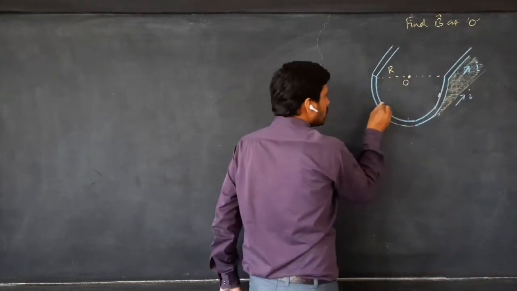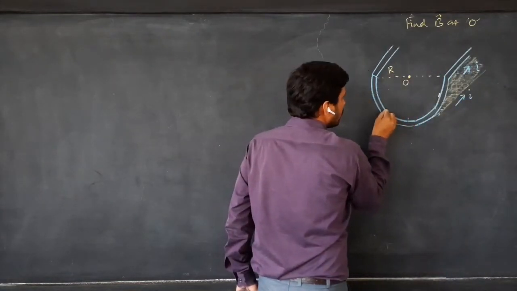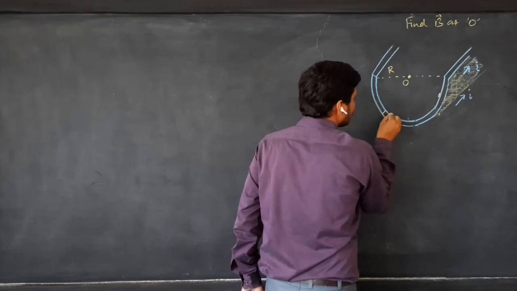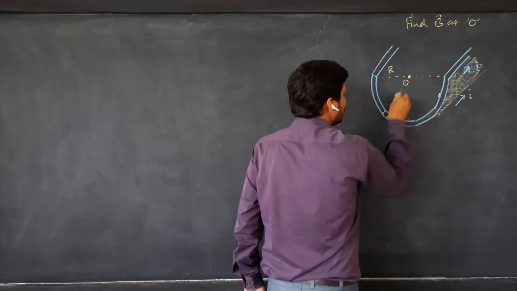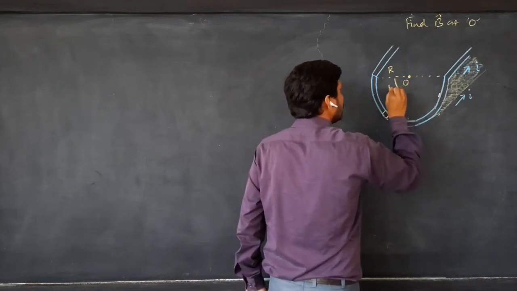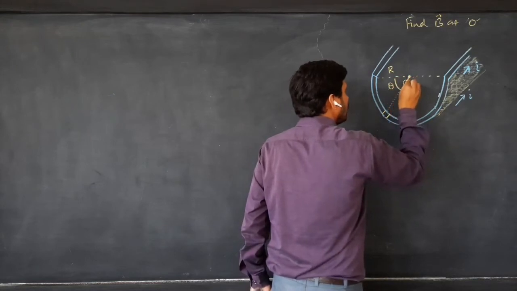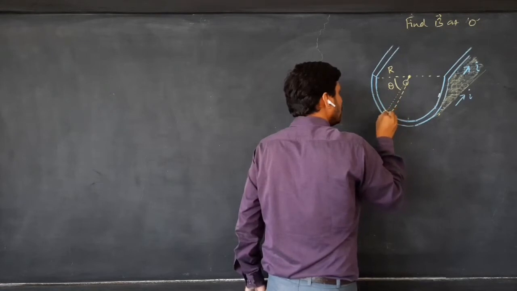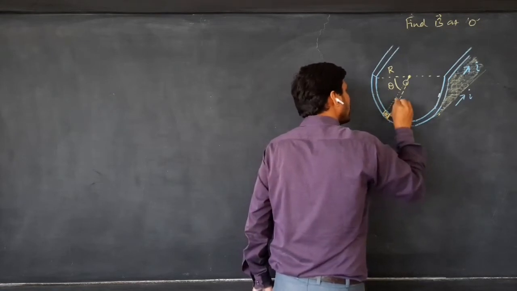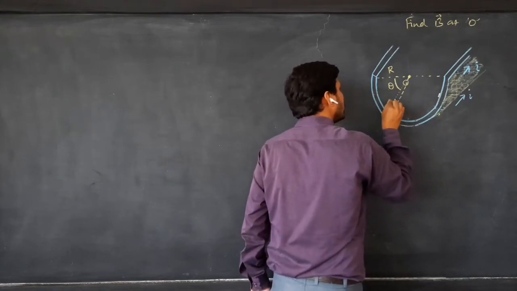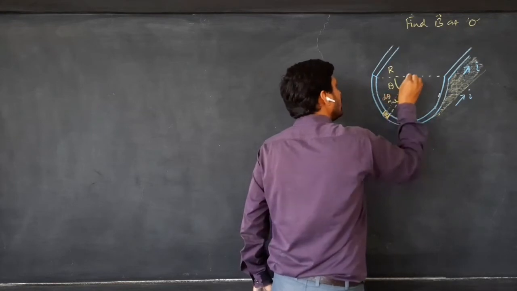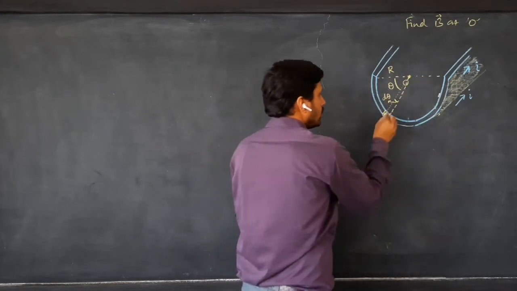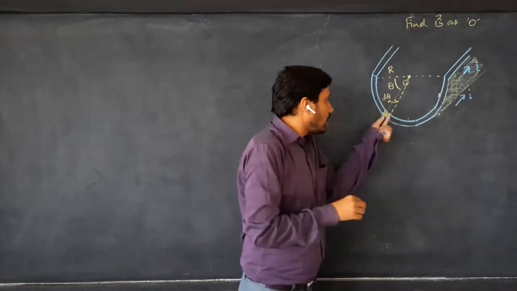First of all, we choose a small element like so. Let this angle be theta, and this element subtends an angle d theta. This angle we will take as d theta. And the value of magnetic field here due to this element we have to find. Now this element